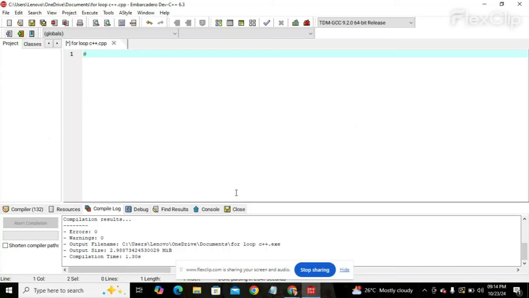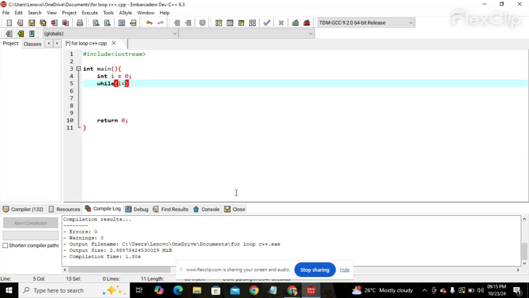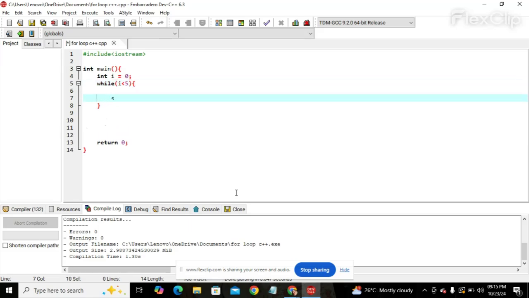Directive #include <iostream>. Then int main(), open and close parentheses and curly bracket, return 0 semicolon. Then first we're going to put int i = 0; Then while, open and close parentheses, i < 5 and curly bracket, and put std